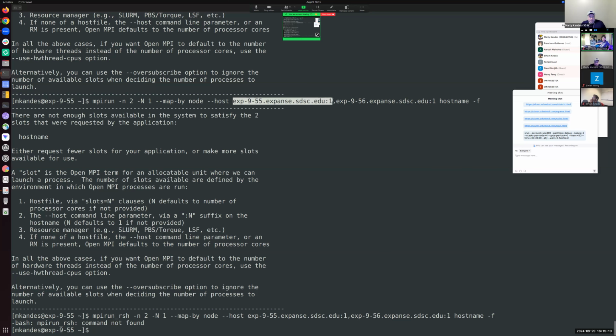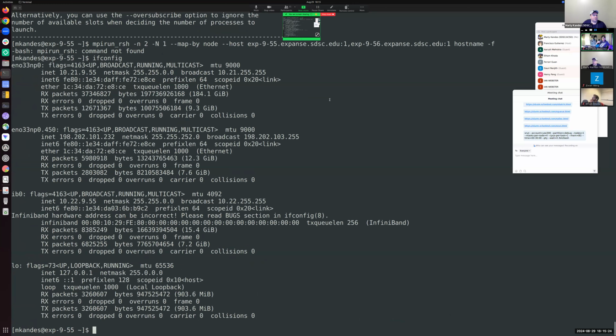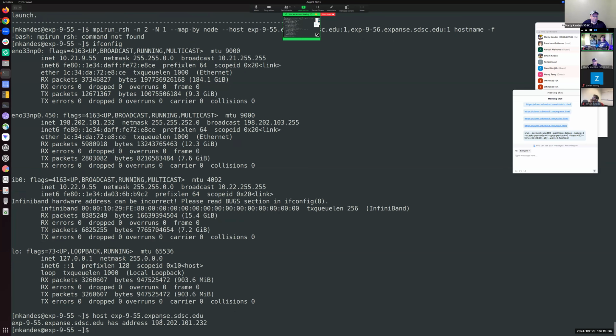If you look at the ifconfig commands, the IP address for these fully qualified domain names is actually the public address that's available on Expanse, whereas you actually want to communicate over the InfiniBand